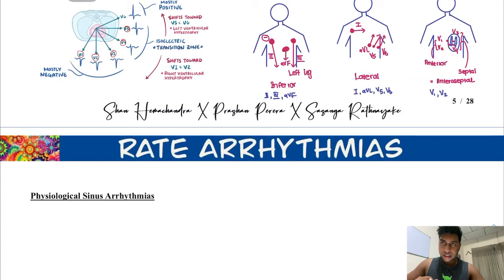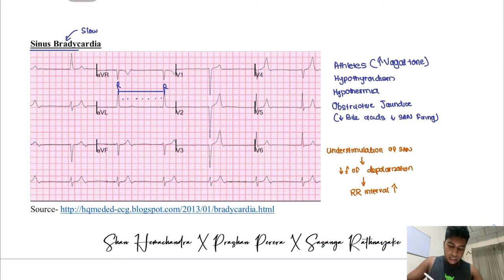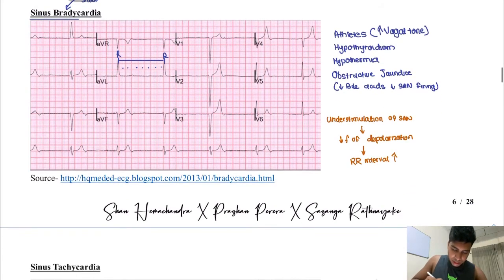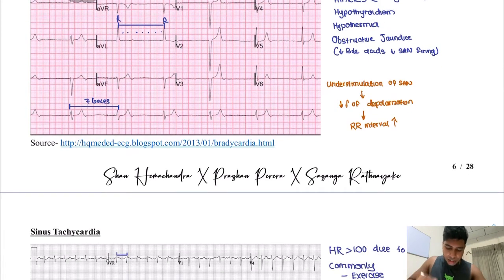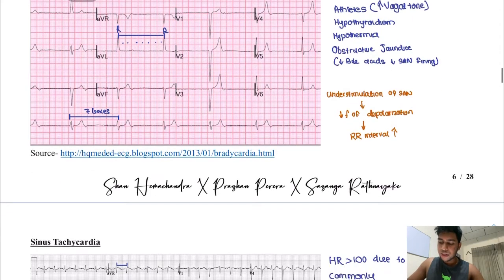We are learning to read the rate now. First, rate. We look at the rhythm strip actually. This is the easiest strip to read. The R to R gap is 7 boxes, and that gives a heart rate less than 60. That is a bradycardia. You get it in these conditions: athletes, hypothyroidism, hypothermia, obstructive jaundice, and understimulation of the sinoatrial